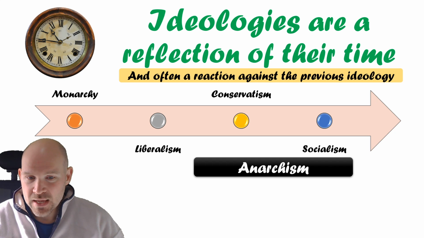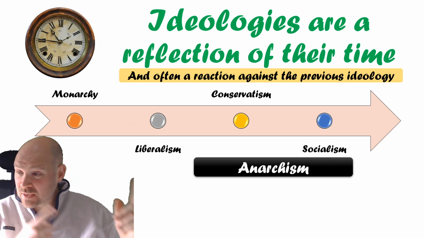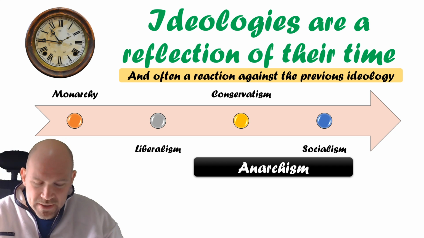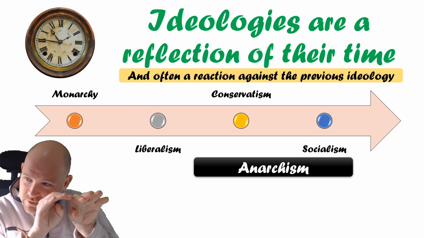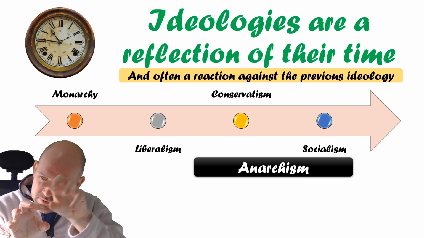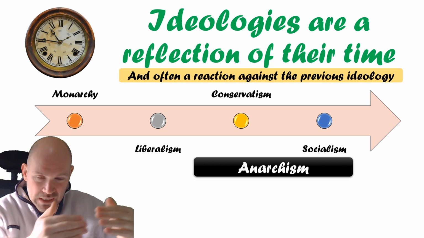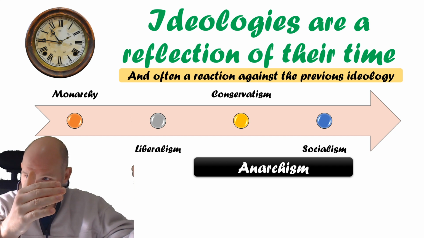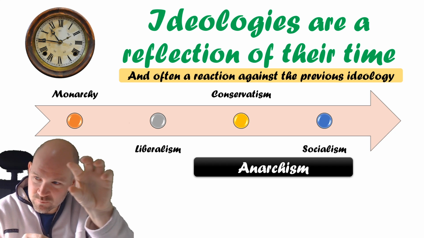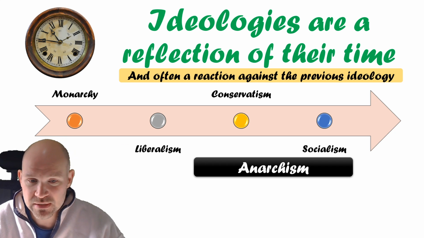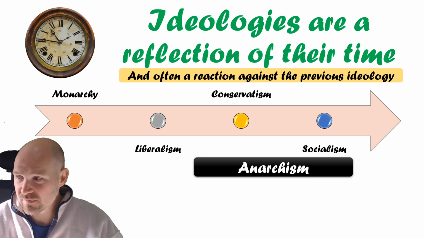Sometimes anarchism can actually be seen as an extreme form of socialism too, but we'll come back to that in the future. The reason why I put anarchism alongside here is it doesn't necessarily fit into the timeline in the same way. There have always been thinkers wanting to pull out of the more traditional core ideologies and say, actually, no, we need a very different society without a state at all.